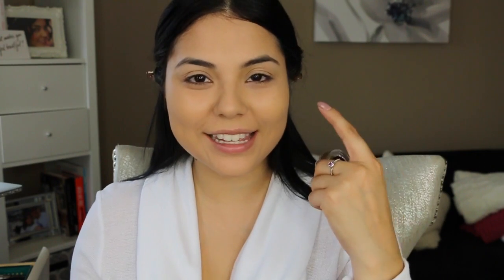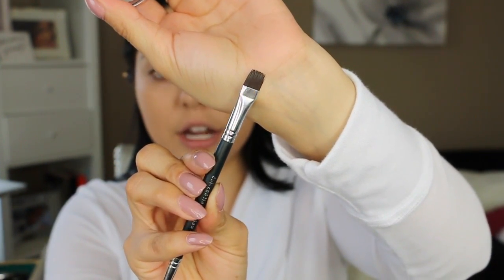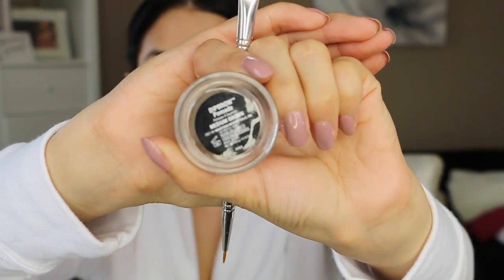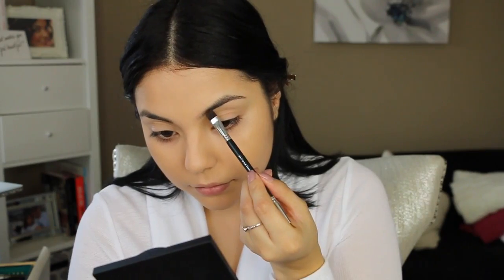Ta-da! Alright, so now I'm actually going to do my brows, because just like the tops of my eyelids, I get really antsy when my brows aren't done. So lately I've been using this Bare Essentials ID brush. It's the double-ended liner shadow brush, and this is what it looks like. It's just a flat lined brush, and I like using it to do my brows. And so I'm using it with the Dipbrow